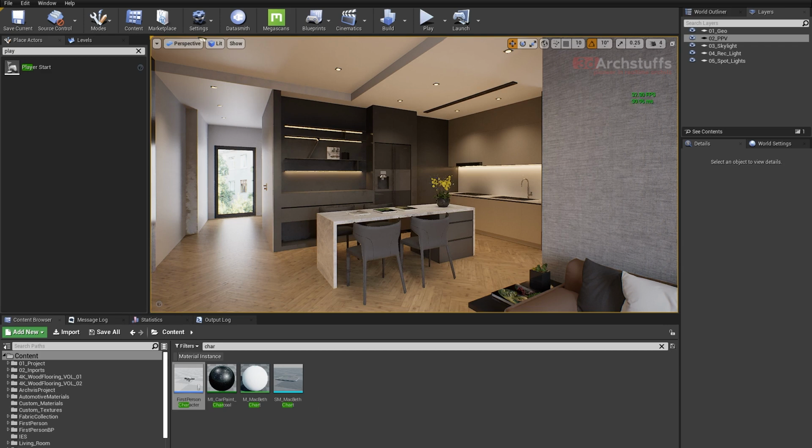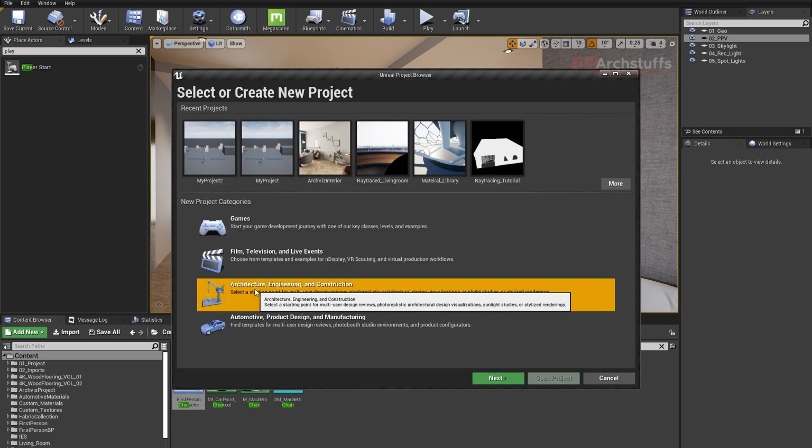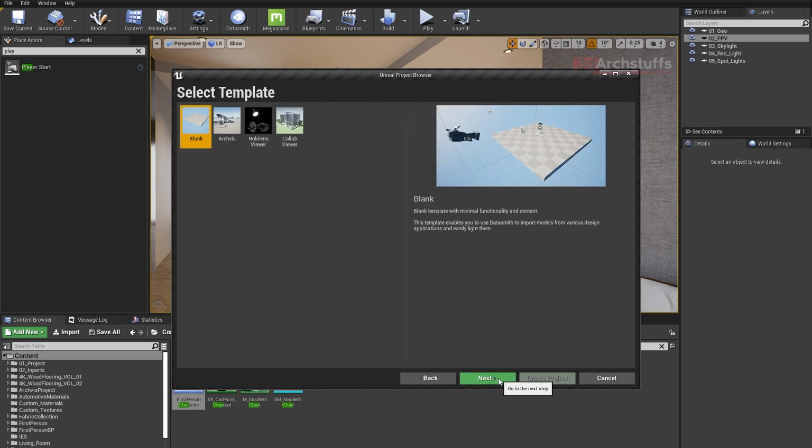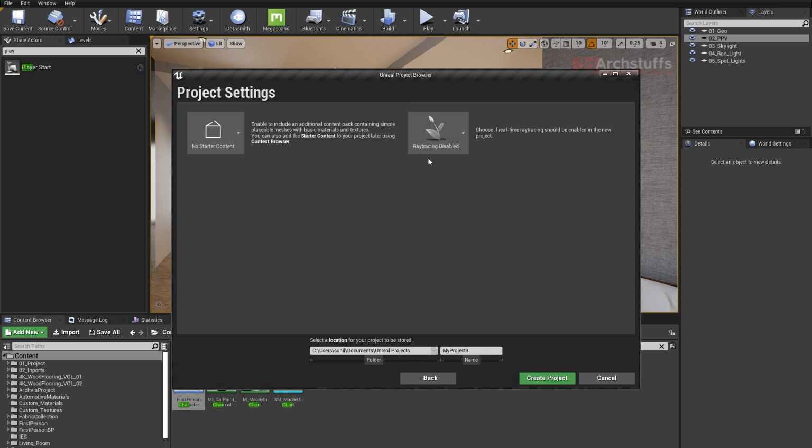For that, what we'll do is we'll go ahead, right click, and then here start an Unreal Engine scene, select this architecture and engineering, and then click next, and then we'll click blank or archviz, it doesn't matter. So let's click this archviz and then click next, and now we can go ahead and enable this ray tracing if you want, because you already know how it can be enabled, and if you want you can also disable it. So as of the moment, to show you, I will be enabling this ray tracing option from here,